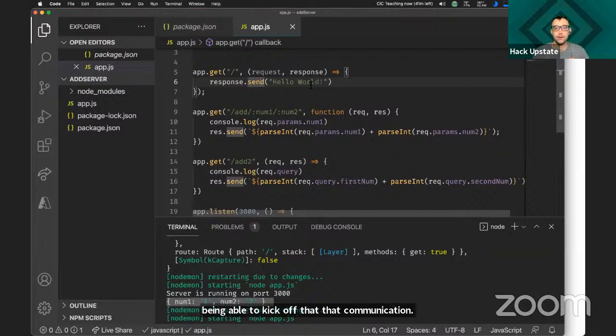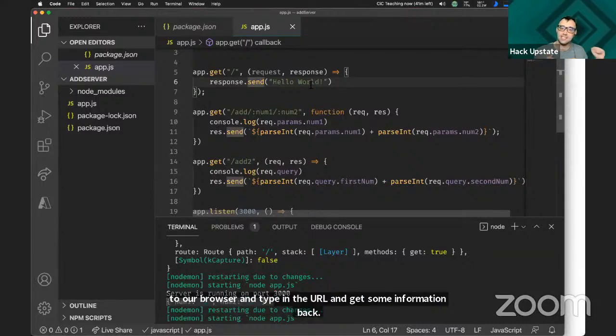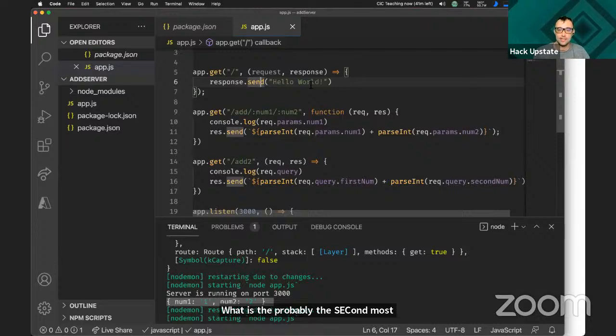Okay, so we talked about GET requests. GET requests are what we use on the internet and why we are able to go to our browser and type in a URL and get some information back. What is probably the second most common kind of request? Post.